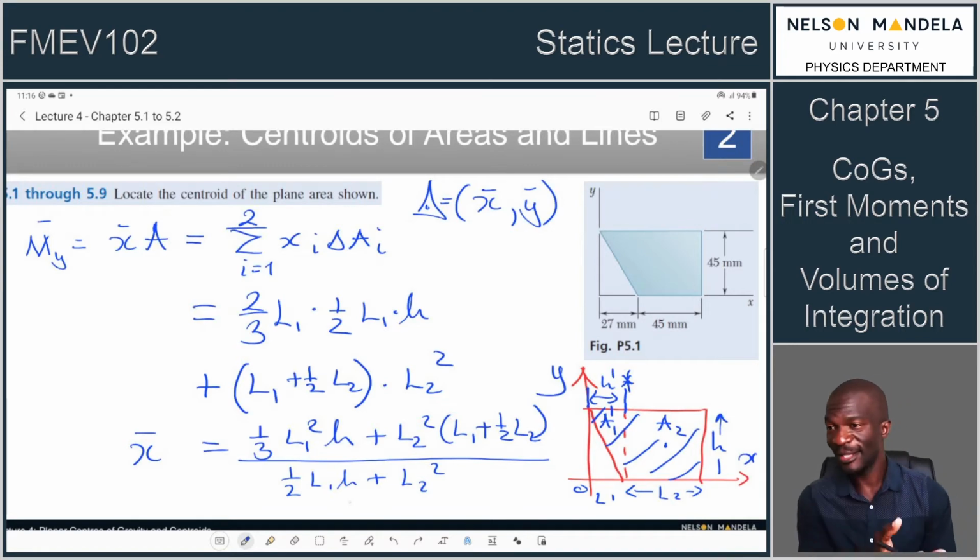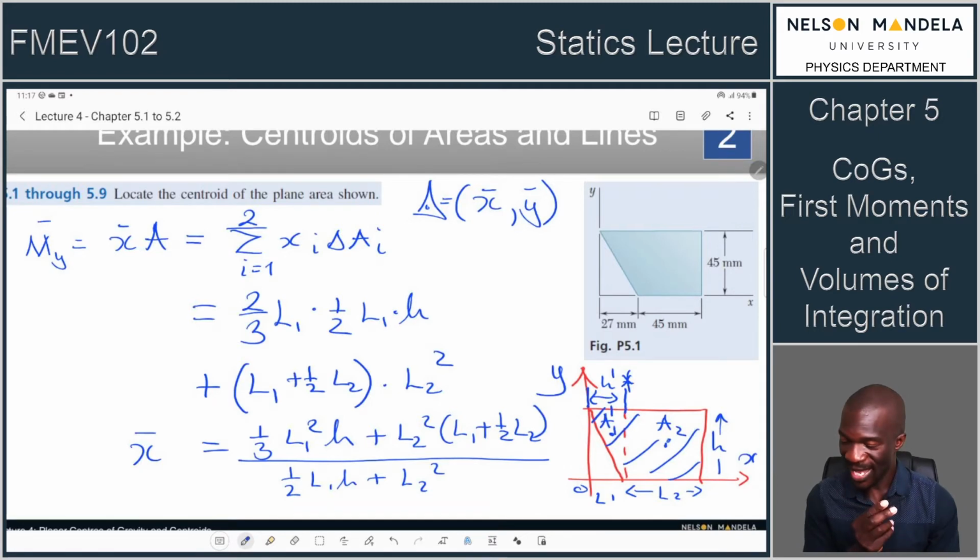If you would like, you can also use the rectangle as it is and just subtract this, because when there is no material, it means we can actually subtract, because what are we doing? We are summing up the moments due to the areas. So these areas would produce